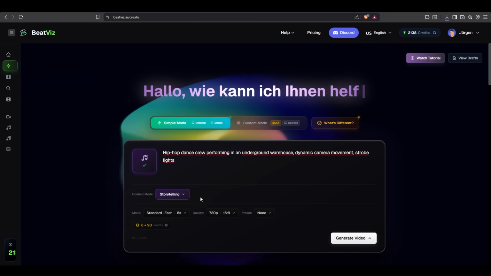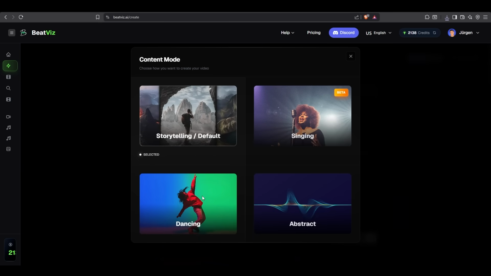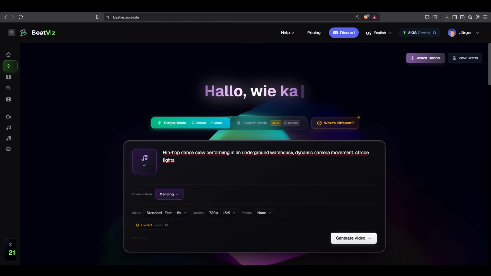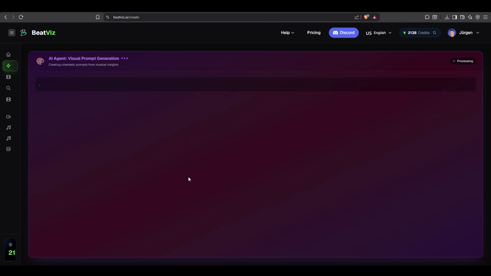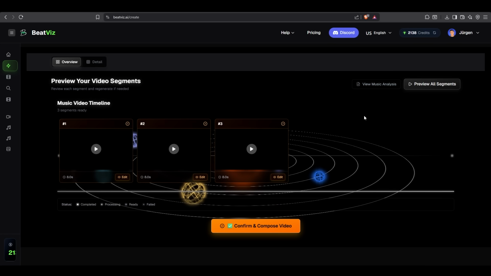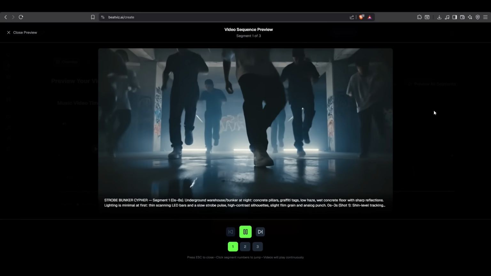Here another example, we have a prompt of a hip-hop dance crew. We want the dancing mode. We hit generate. Again, he's listing us 3 different directions. We want the stroke bunker cipher. In this example, the audio clip is much shorter, only 20 seconds. Again, he generated the 3 clips for it. And as we look at it,